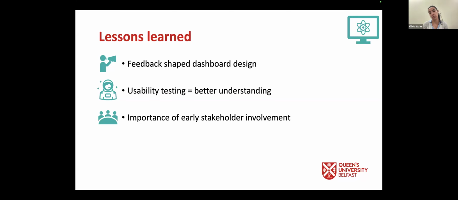This dashboard is going to be housed in the PHA, which is our public health agency here in Northern Ireland, so it's not available for public use. But whenever we get model results out, in our paper we can disseminate these results a wee bit better. So just to conclude,